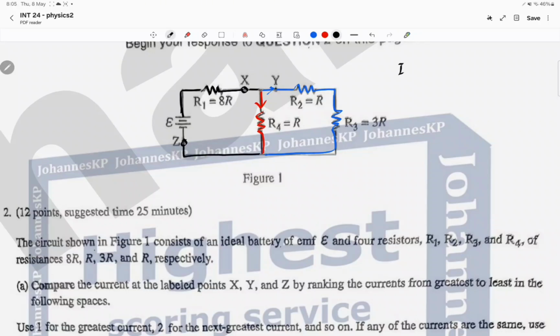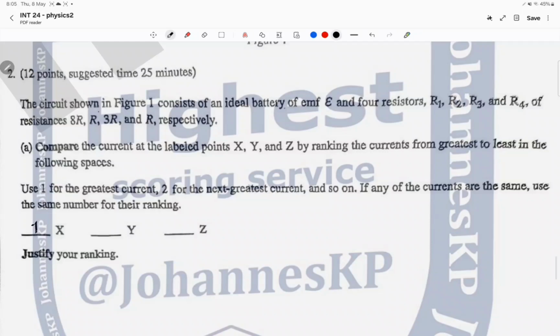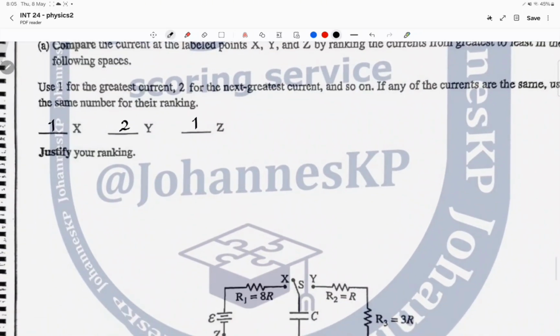So in that case, the I of X is equal to the I of Z, because they both have the full current, and it's getting more than the current at point Y. So I will give 1 for X, and I will give 1 for Z, but 2 for Y. Okay, and we're going to say that the current